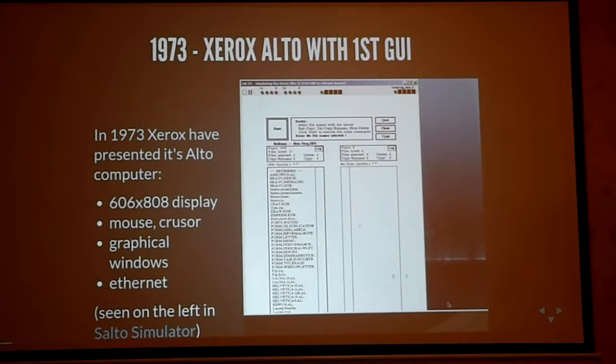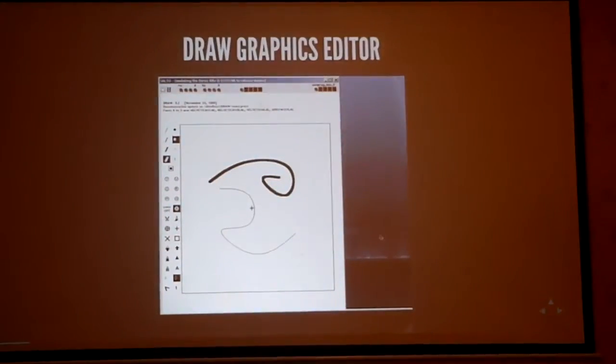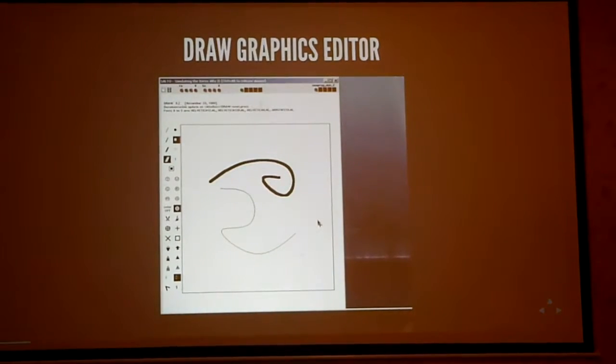But more interesting is the graphical editor, which was included in the Xerox. If you look at it, you may think that it is looking really familiar. Yes? Please remember Microsoft Paint, which appeared much, much later. If you remove half of the buttons, it will be practically the same design. In fact, it's an illusion. The operation was a little bit different.